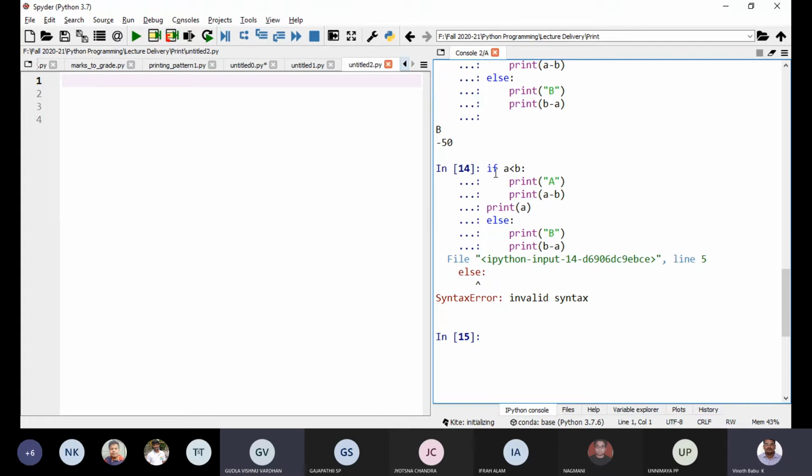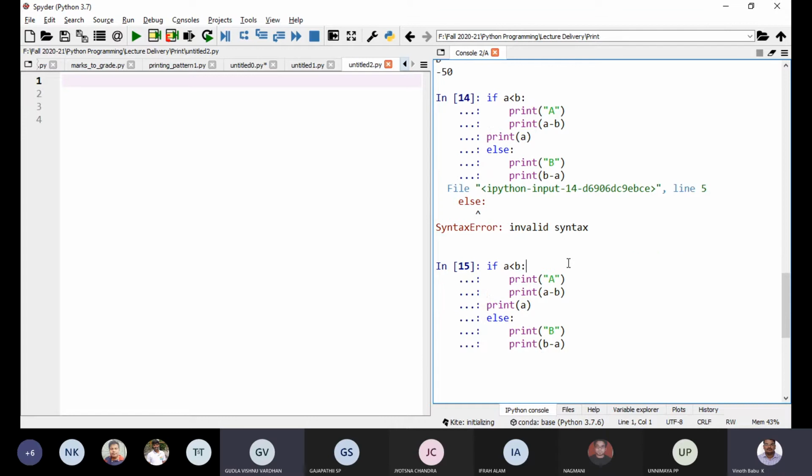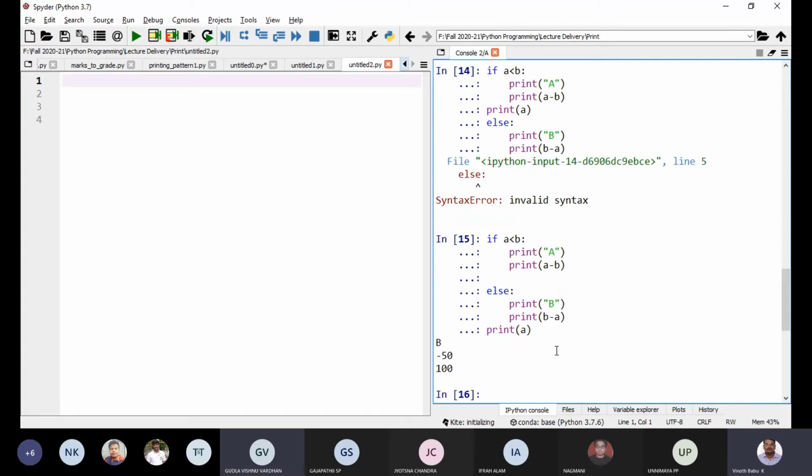So whatever is within this if should be a block. If you want something to be printed, you print it at the end. If you want to print A irrespective of the if else, now it will give the output.